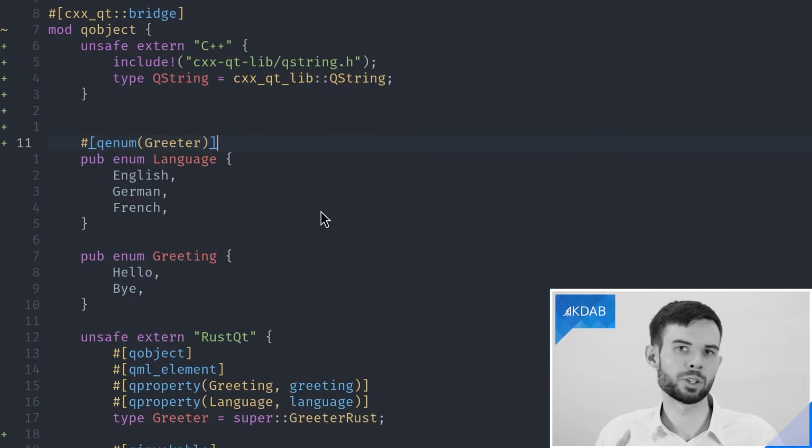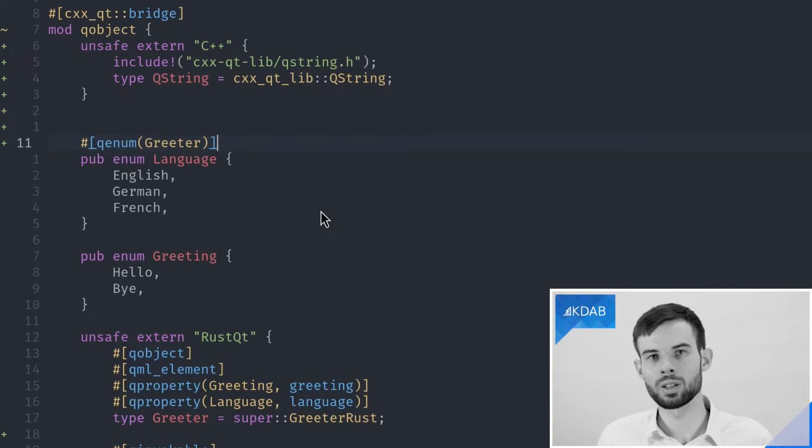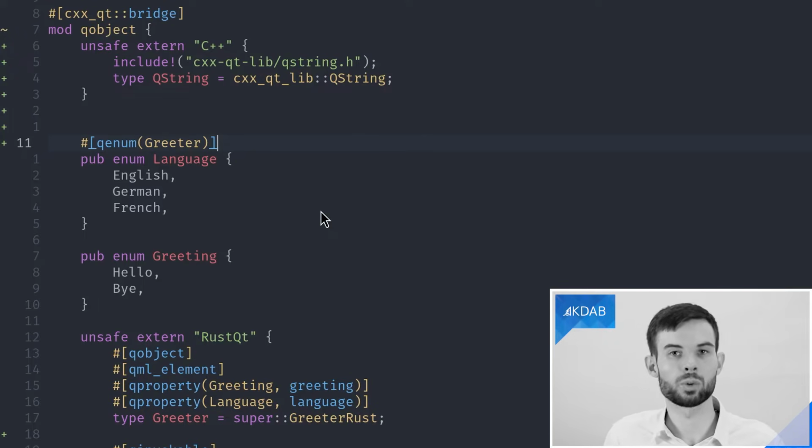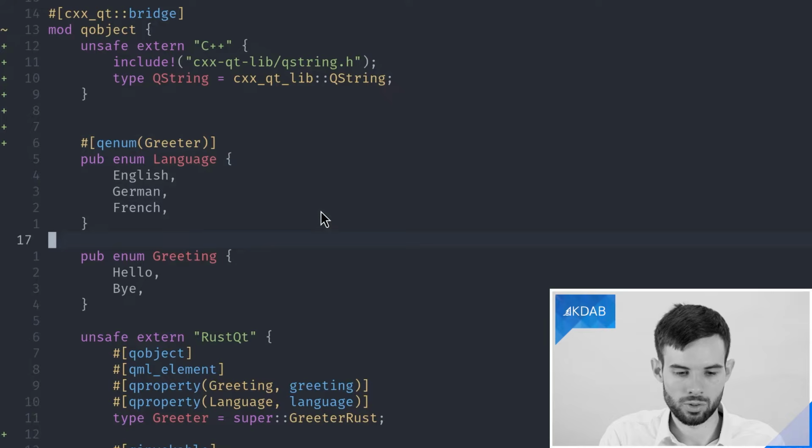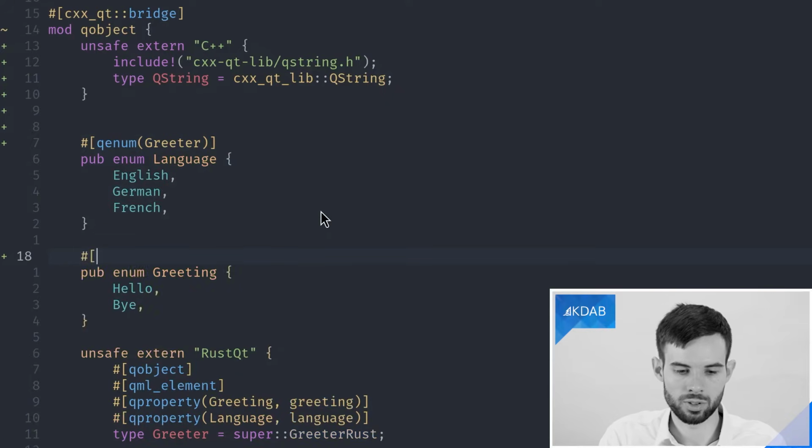This is a bit of a peculiarity about QEnums: they must always be defined either within a namespace or on a QObject, and must then be accessed through that QObject itself. So QML, in this case, for example, will need to access the language English by writing greeter.english. And the same goes, of course, for our greeting, which we'll also expose through our